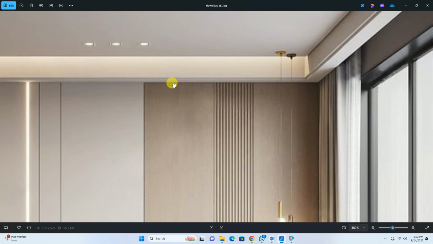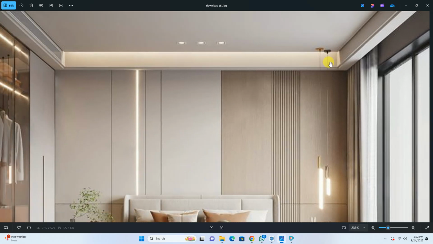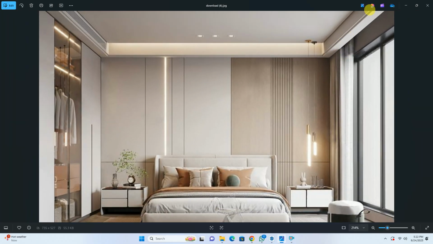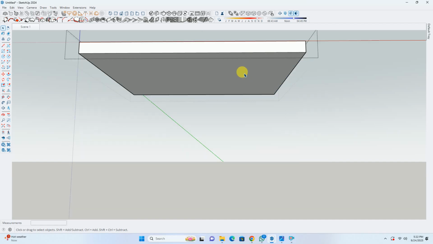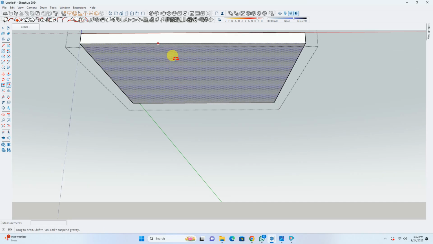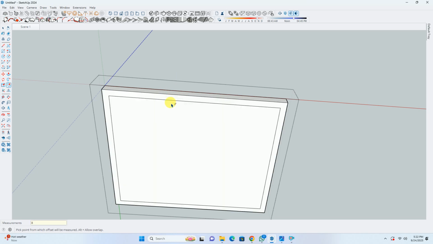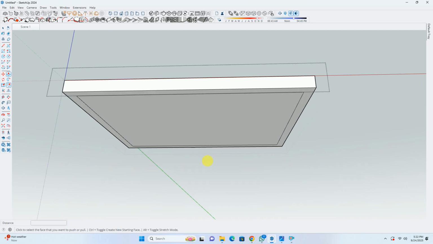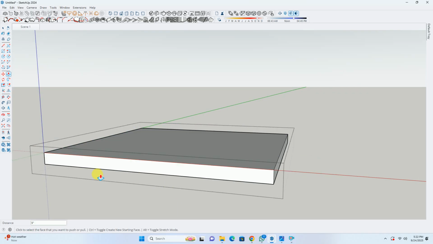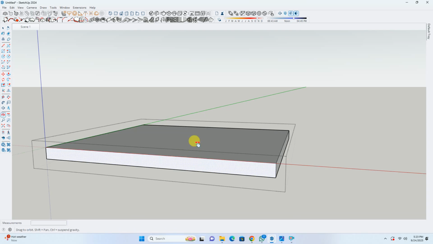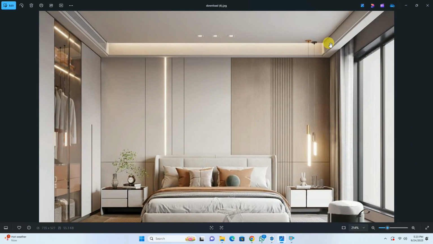Now we can see the drop, we can see a corner at the drop. So for this, we'll double click on this false ceiling. We'll create an offset of about 8 inches, okay, or 9 inches. We create a gap of 9 inches first of all. Now we will apply a push pull at a depth of 9 inches. The complete depth was 1 foot, okay, but we have taken into account the depth as 9 inches.